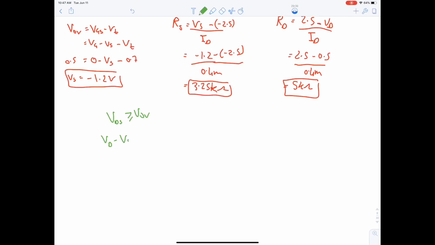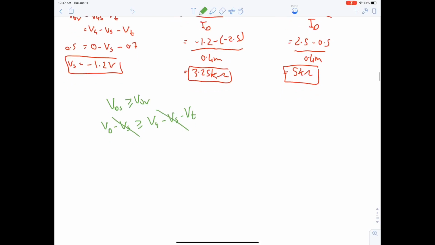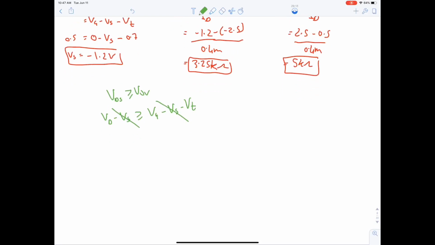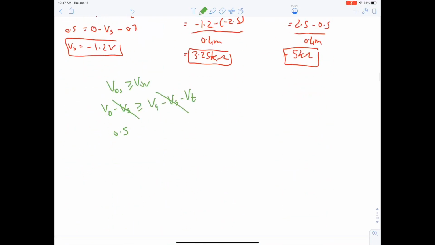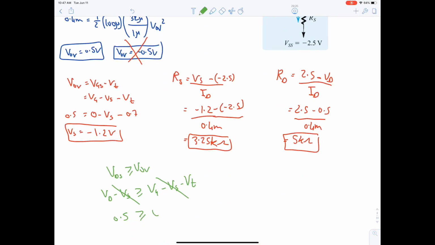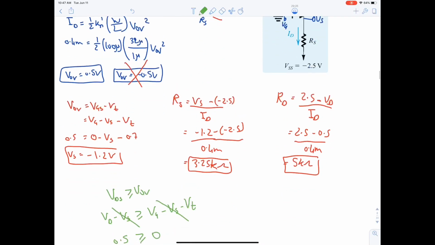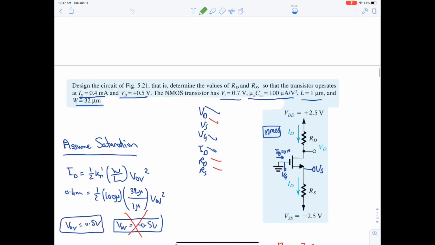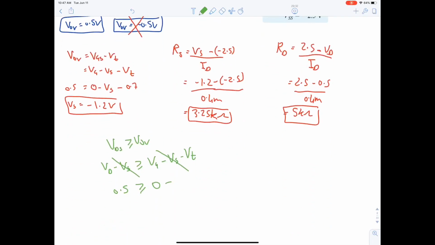VD minus VS greater than VG minus VS minus VT. VS and VS cancel each other out, so we are left with VD, which is equal to 0.5, right? Yes. And VG is 0, because it's grounded from the circuit. And VT is, I think, 0.7. Yes. So is 0.5 greater than minus 0.7? Yes, therefore